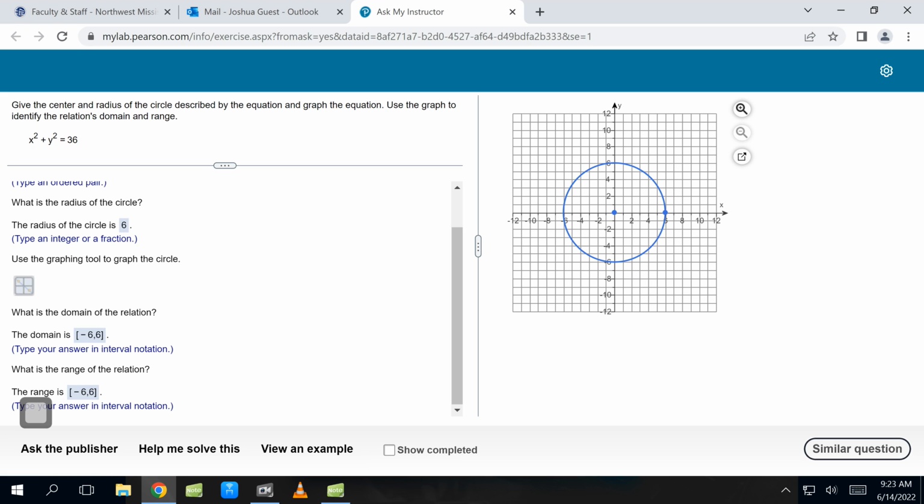I imagine the graphing was probably the first issue that many of you encountered, and then the domain and range, just reading it off the graph. But the endpoints are included on a circle, so then you have to use the brackets. Hope that